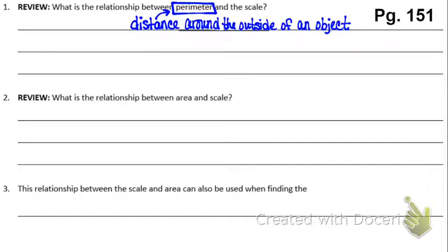Because how do you find the perimeter? We know it's the distance around the outside. What operation did we keep doing? Addition. When we are adding and subtracting things, the units don't change. It's going to stay inches or it's going to stay centimeters. The scale,